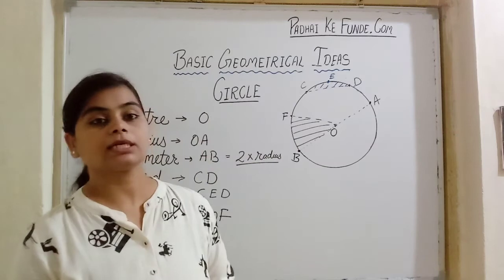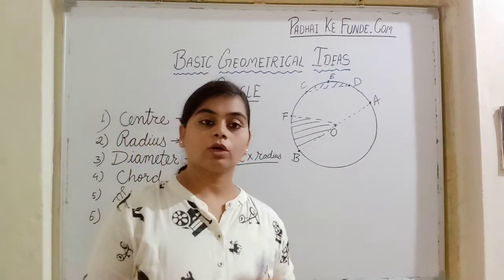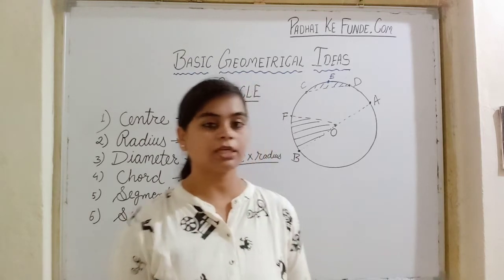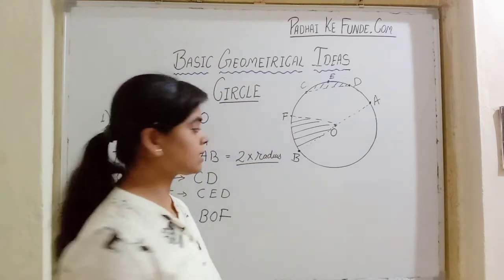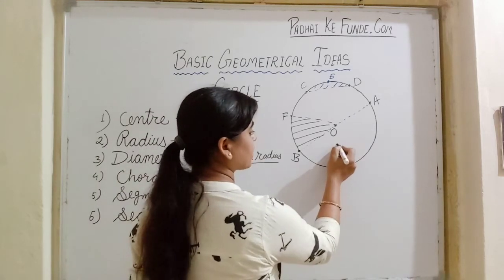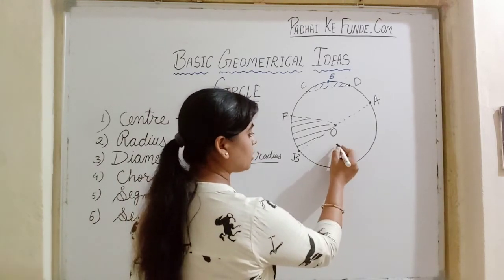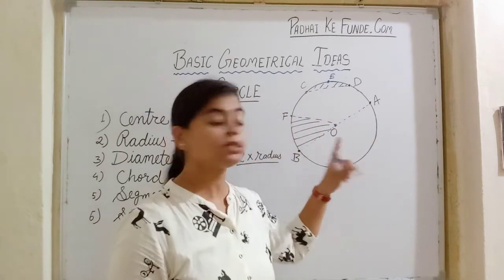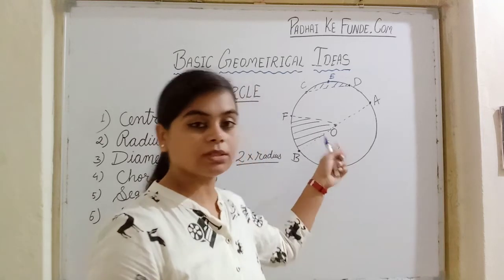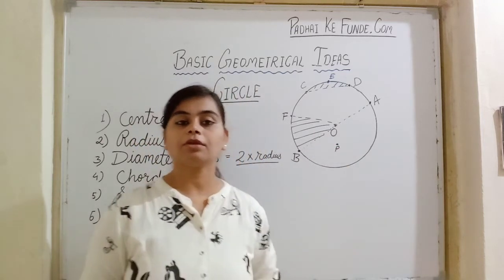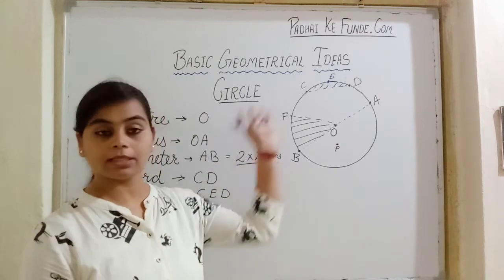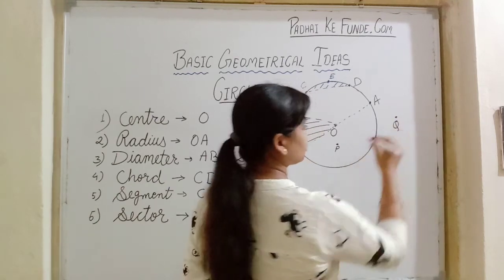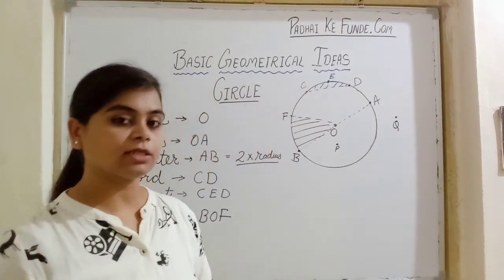If it is asked to draw or make a point P in the interior of the circle, interior means inside. So inside the circle we will take any point anywhere, point P. We have drawn a point, label it as P, and as it is inside the circle, this point P is in the interior of the circle. If told to take a point Q in the exterior of the circle, exterior means completely outside the circle. Anywhere we can take a point Q. It is in the exterior of the circle.